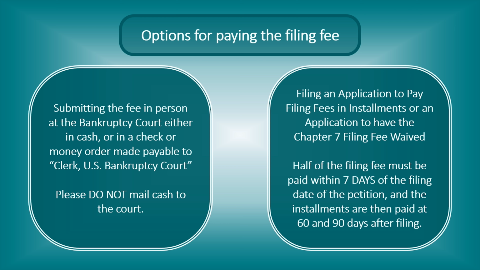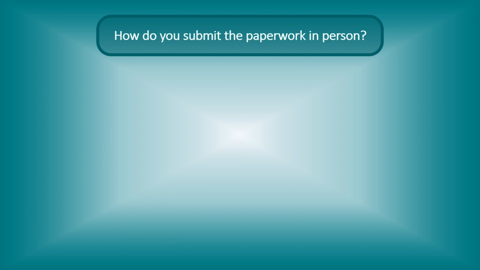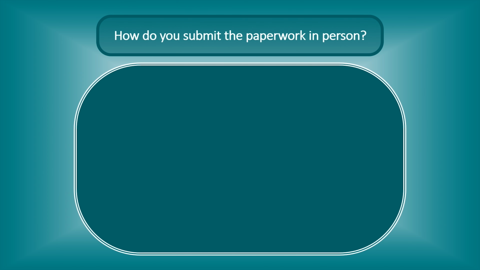By law, the judge may only waive the filing fee if your income is less than 150% of the official poverty line for the size of your family, and if you are unable to pay the fee in installments. To submit the 3 required documents in physical paper form and either pay your filing fee or file an application to pay the filing fee in installments, or, if applicable, file the application for waiver of Chapter 7 filing fee,